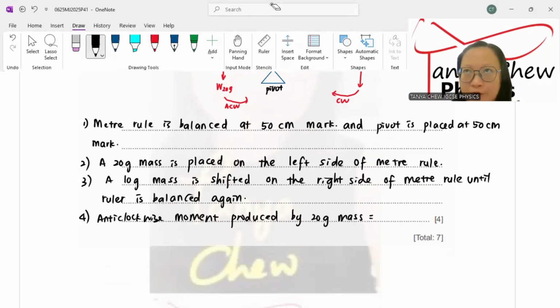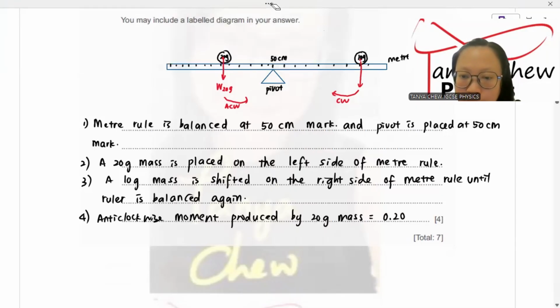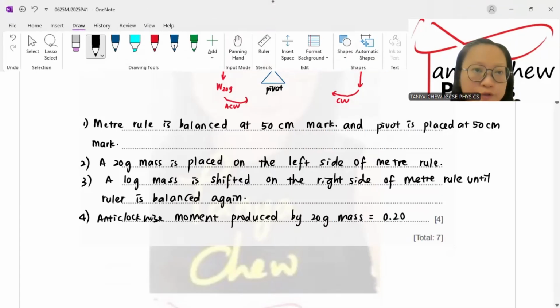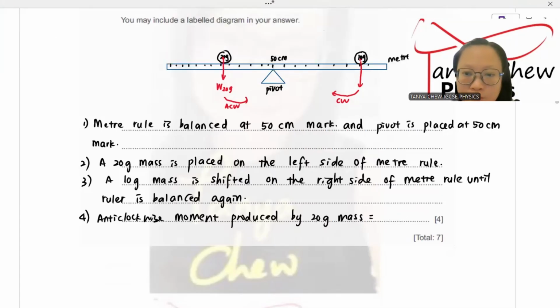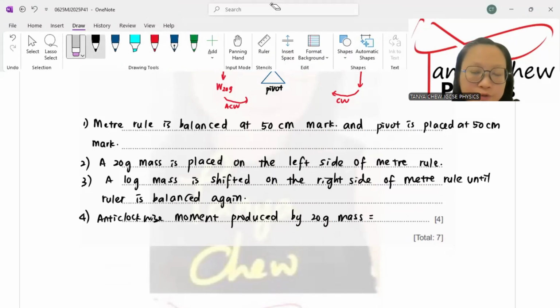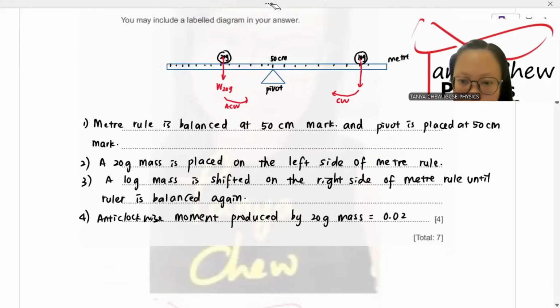So this mass, you bear in mind, to find your weight, your mass must be converted to kilogram first. So 20 divided by 1,000, it is 0.02 kilogram, right? Multiplied by 9.8 meter per second squared, and multiplied by perpendicular